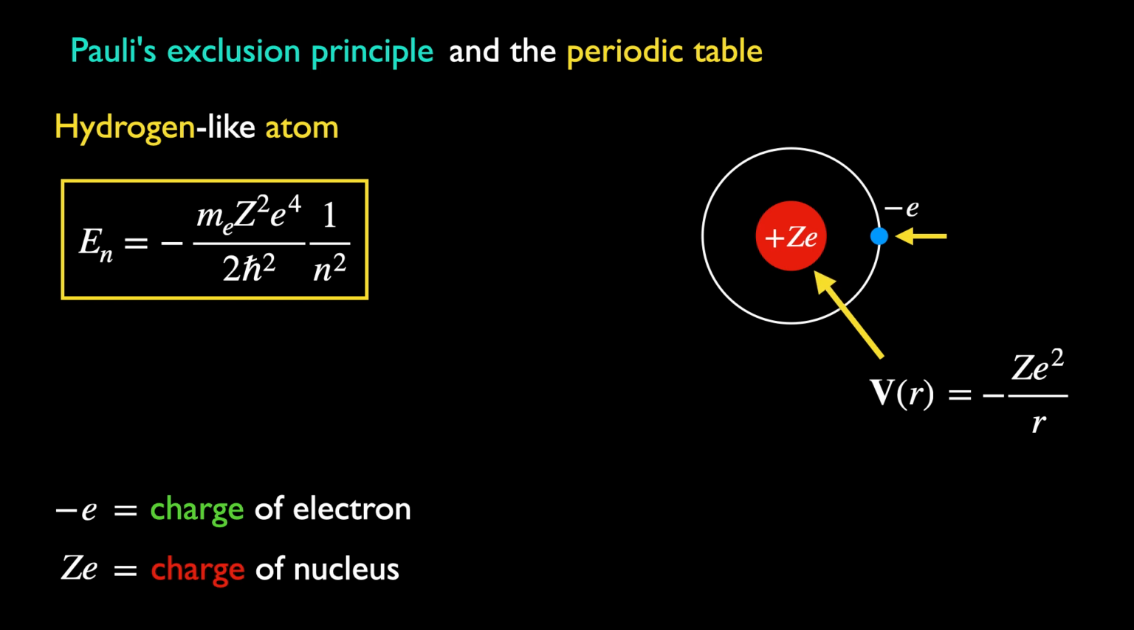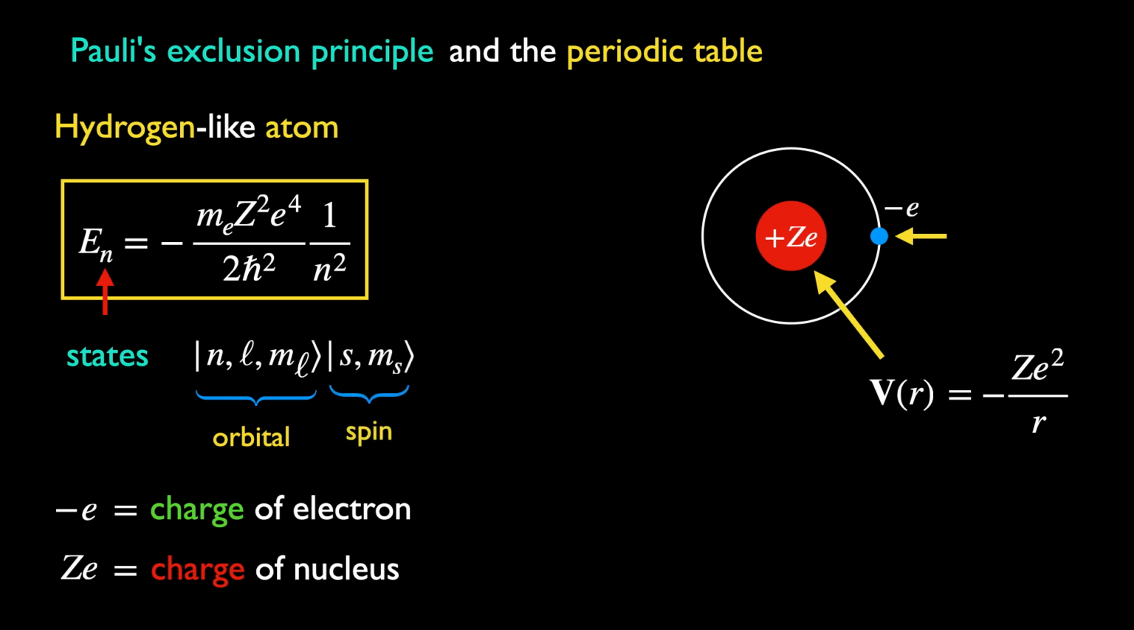These energies depend only on the principal quantum number n. The states that correspond to these energies are also the eigenstates of the orbital angular momentum of the electron, as well as its intrinsic spin. Now we shall fill up this ionized atom with the rest of the electrons to make the neutral atoms of